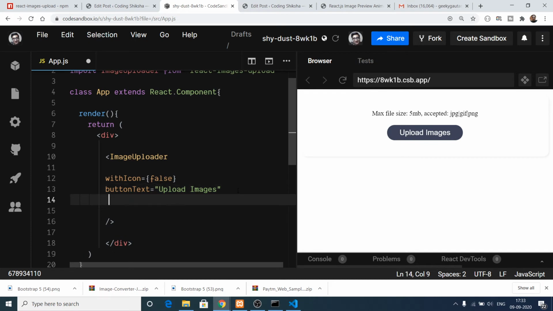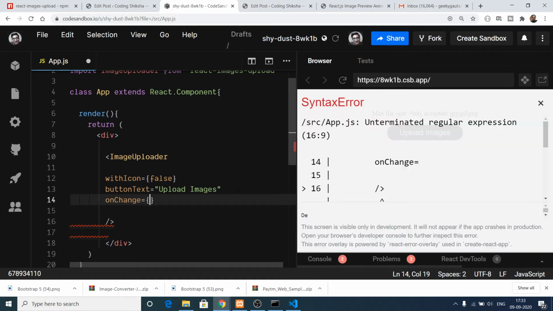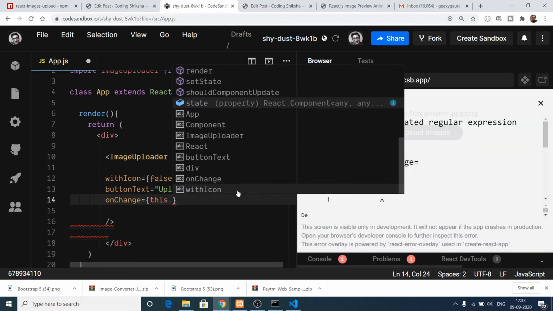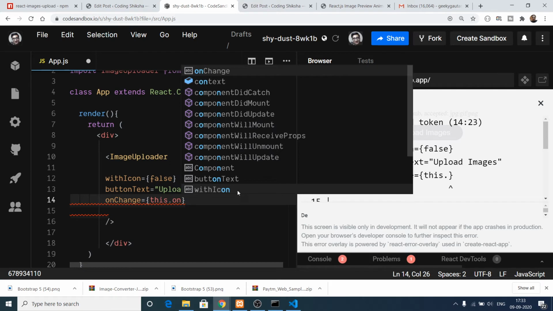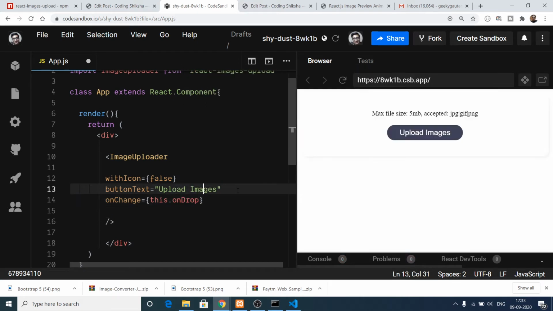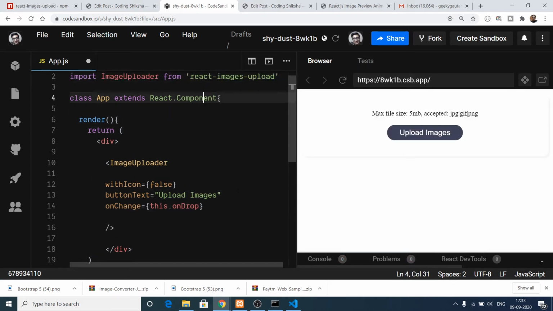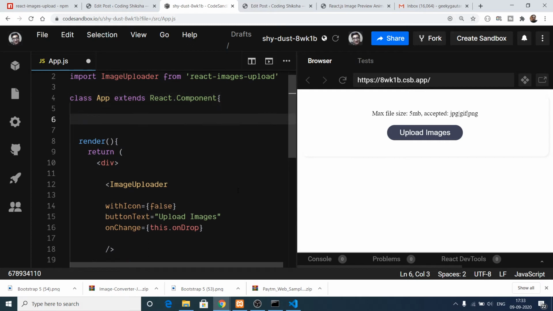The next property it takes is onChange. Whenever some image is dropped in, we can have a simple function onDrop, which is a custom function that we can write here, called when any images are landed on this component. Inside the constructor of the App level component, we have the props.